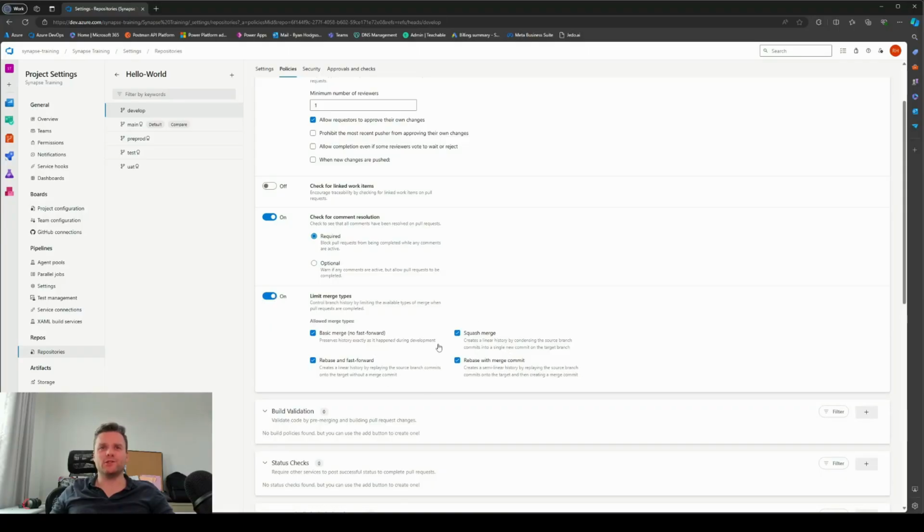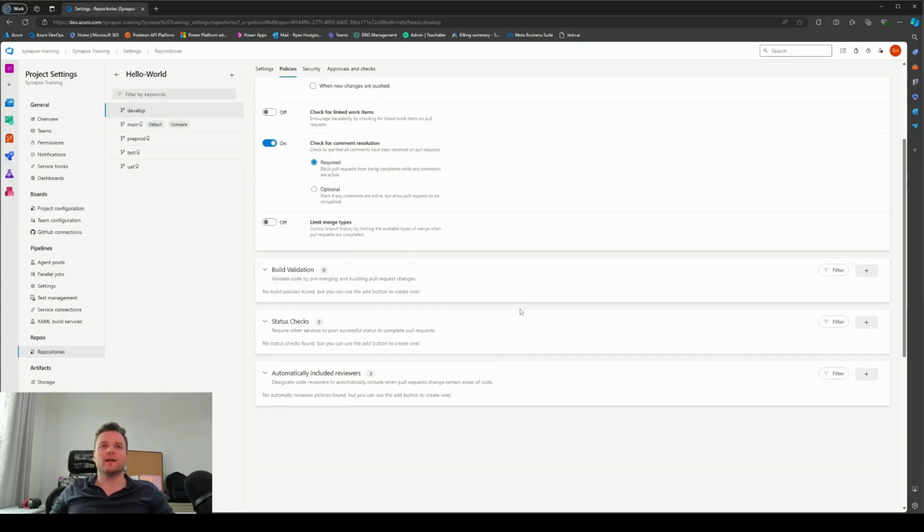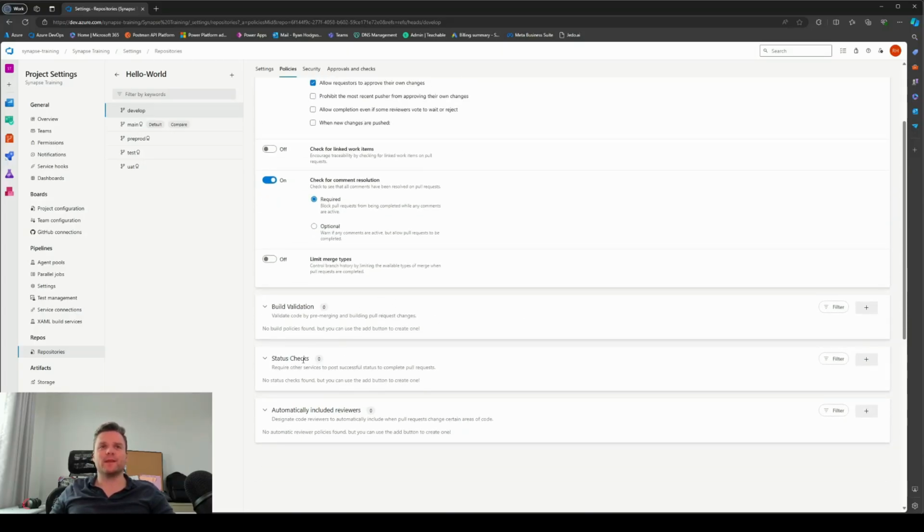I don't limit it generally, and I would just use a basic merge, but you can limit the merge types if you like. Build validation we went over. Status checks I don't generally use. Automatically included reviewers is quite good to put in sometimes for, let's say, the test environment has a test environment